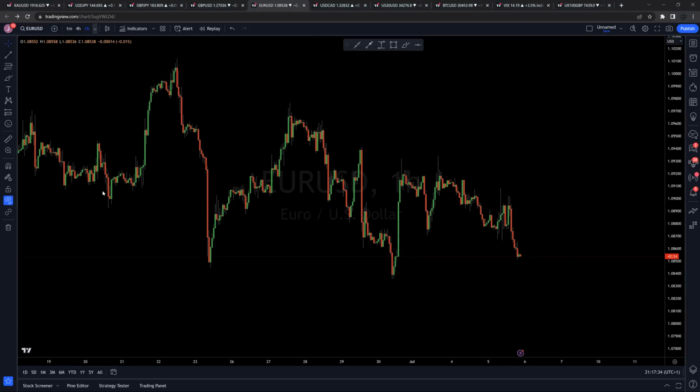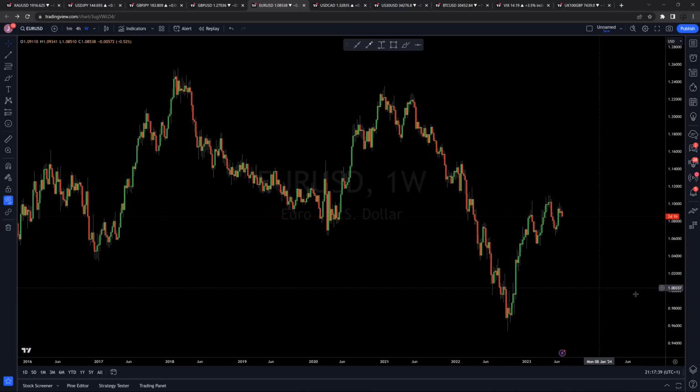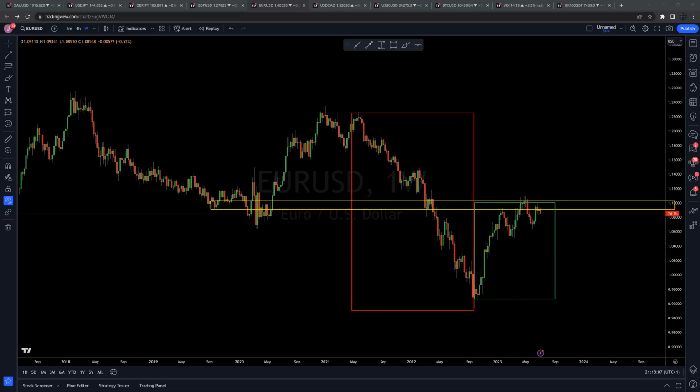Overall on Euro USD here, when you're zooming out, you can still see we're starting to show after the dollar domination phase, when in 2021, first Russia was invading Ukraine, which brought demand into the dollar as your world reserve currency, then Fed's front-loaded rate hikes, we had very smooth, steady, consistent downside, breaking below previous significant lows here from 2020, going below a parity point with the dollar. This has been a rough 50% correction of that macro move and starting to show major signs of exhaustion by